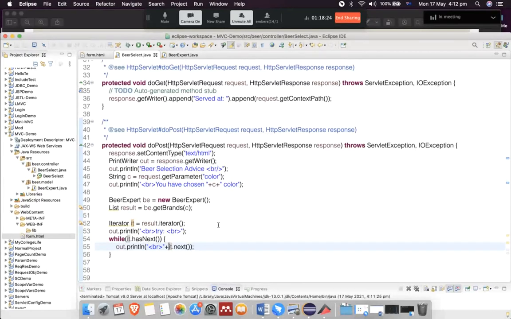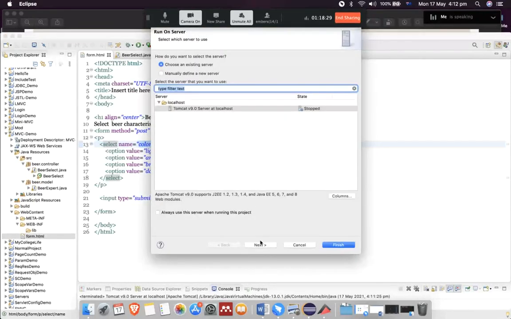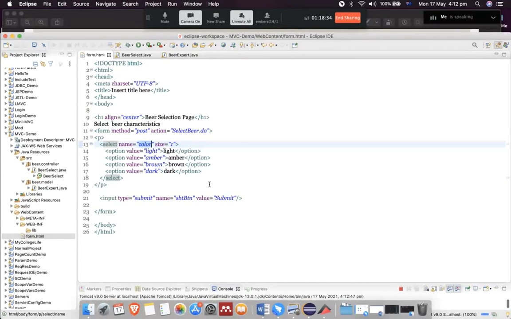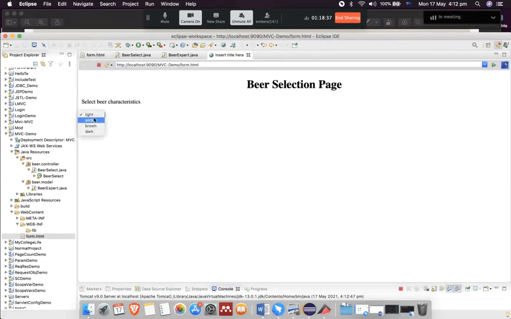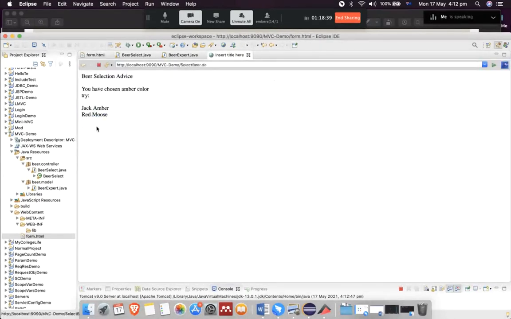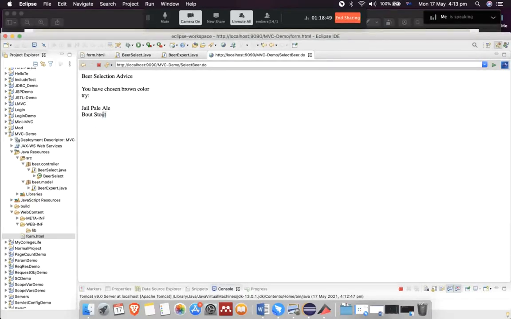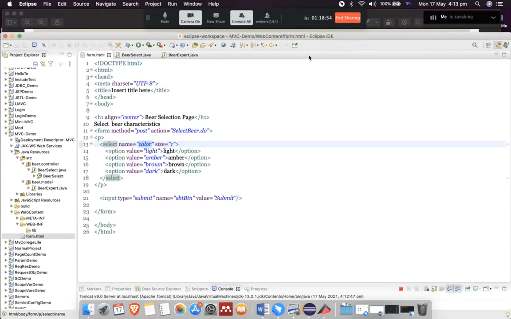Now, this is version 1 of our application. It works fine, but there are some problems with it. Let me just rerun it. In terms of functionality, it works, right? We can get the recommendations for whatever color we choose. Let's choose brown. It works, right? The logic is fine. The application works. But this is not what we wanted to do. If you remember